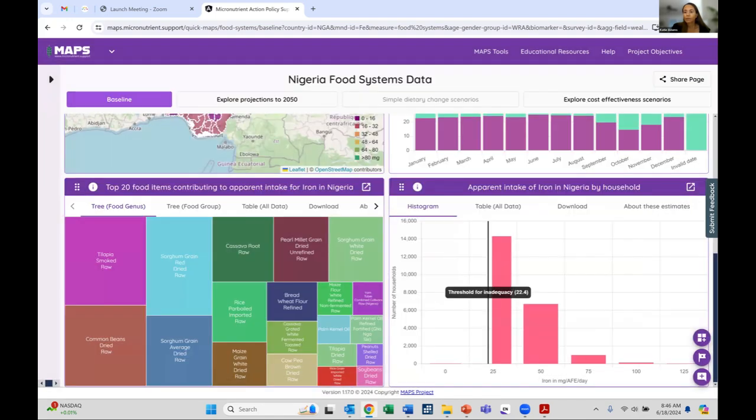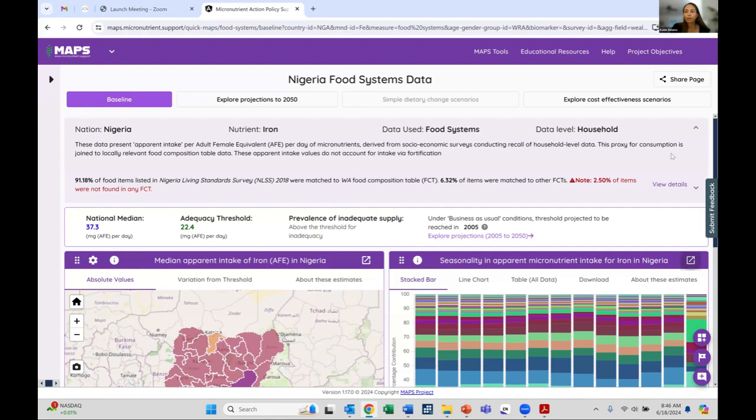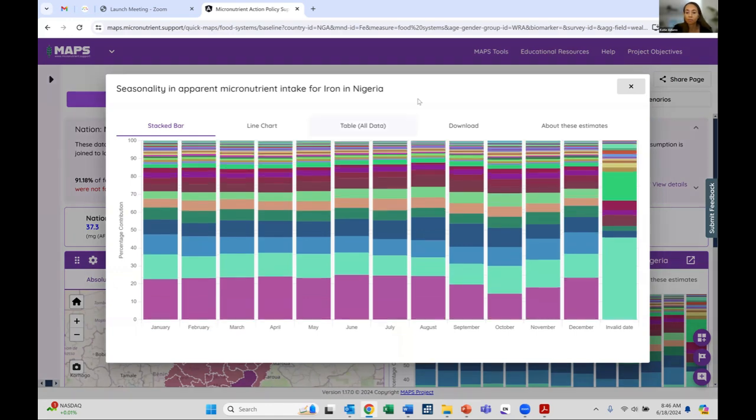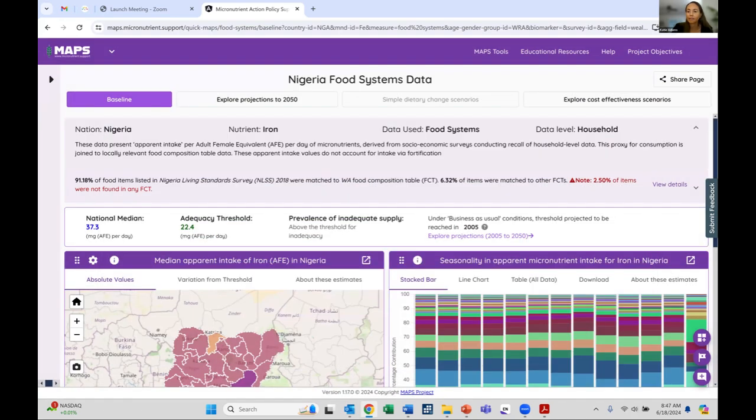We're also able to look at kind of seasonality in iron intake here. So if I pop this box open, we can look at how the sources of iron vary across months. And you can see for iron, actually, there's not a lot of variation in the primary sources of the foods that are contributing to iron intake across the year. So again, it's kind of sorghum, fish, and beans across most of the months of the year. And then in the bottom box, you can look at kind of a histogram of apparent intake of iron relative